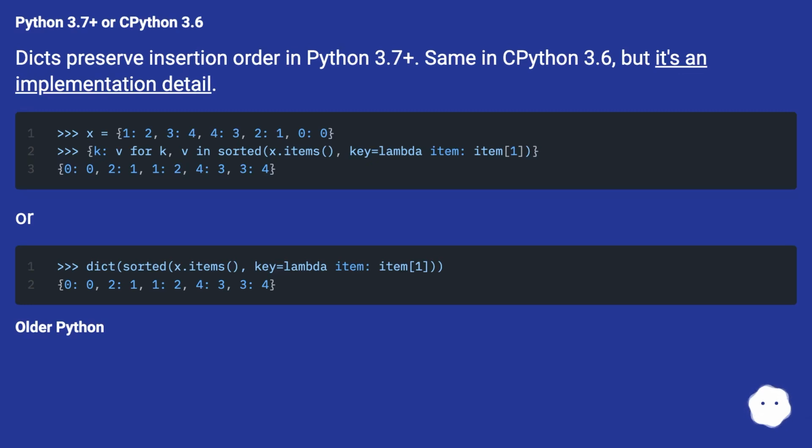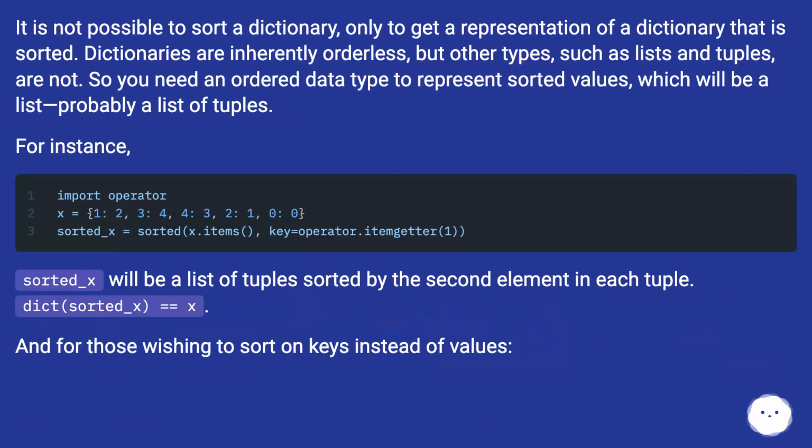Or older Python. It is not possible to sort a dictionary, only to get a representation of a dictionary that is sorted. Dictionaries are inherently orderless, but other types, such as lists and tuples, are not. So you need an ordered data type to represent sorted values, which will be a list, probably a list of tuples. For instance,